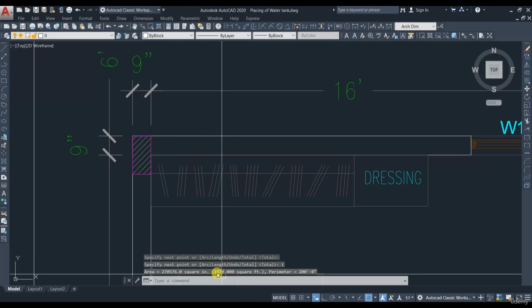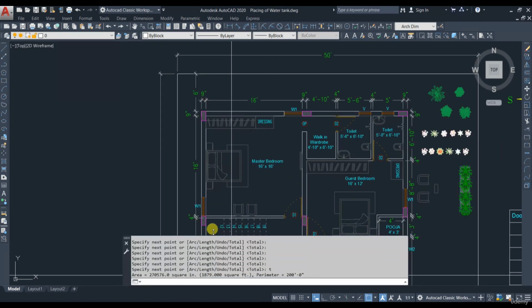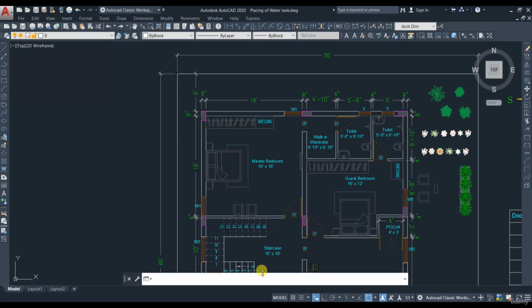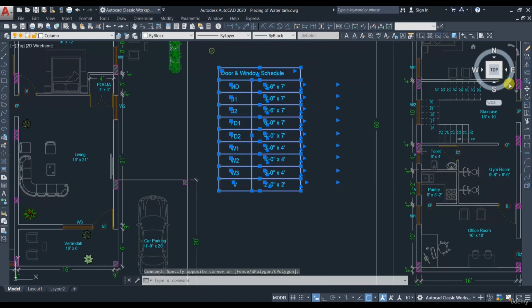See, 1879 square feet. The area details will just hide. So if you want to see the details again you can just drag this command box and then you can see the area is given in square inches, square feet and the perimeter is also given here. So we can consider 1879 square feet for the ground floor and then again you can drag and keep this command line. We can just copy this table